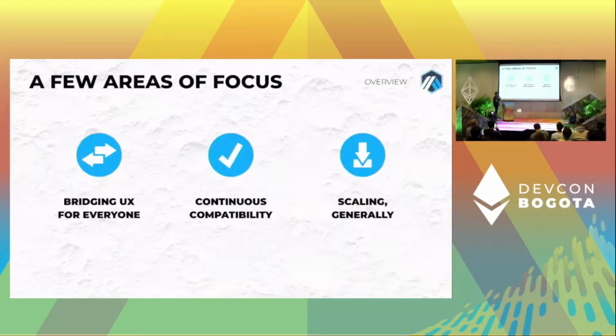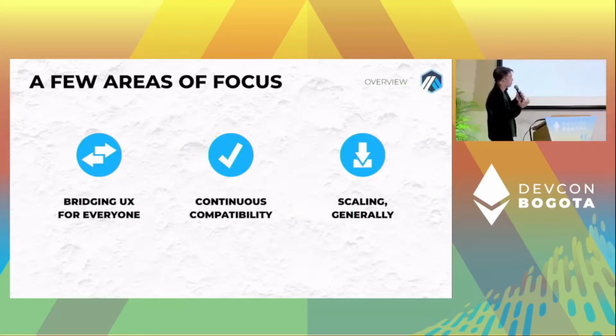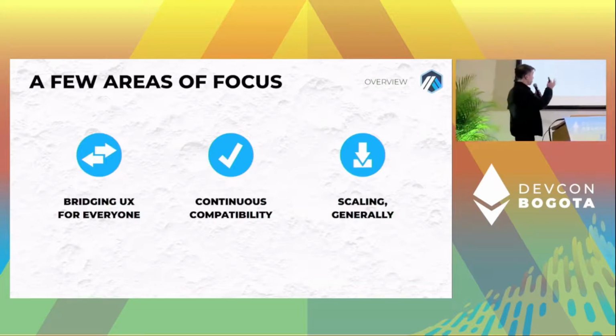So three things I'm going to try to cover here. There's a lot of stuff going on in layer 2. There's a lot of stuff going on in crypto. I'm going to try to focus on three things. Last one I know is broad. Talk about bridging, talk about compatibility and interop, and I'm going to talk about some scalability issues that I think we're starting to coalesce around that we have been talking about for a while.